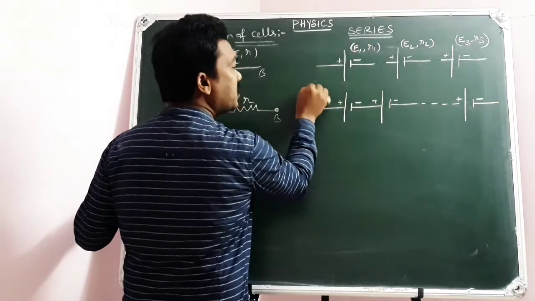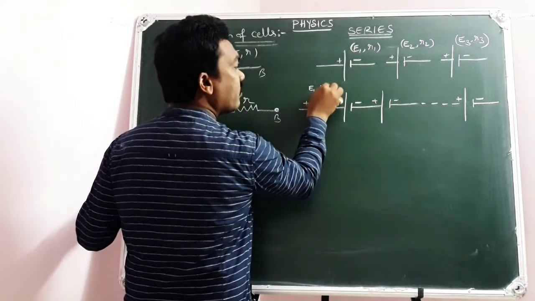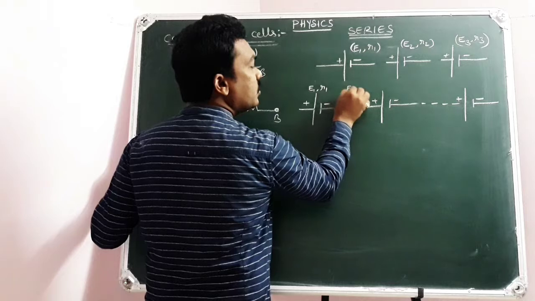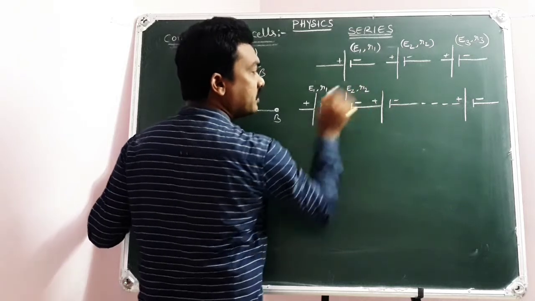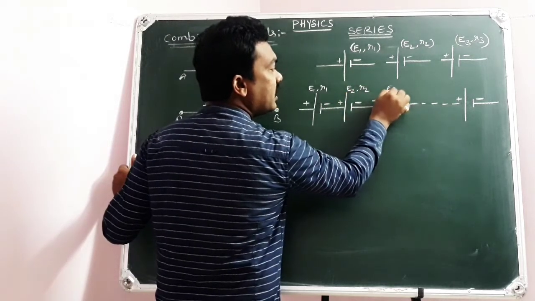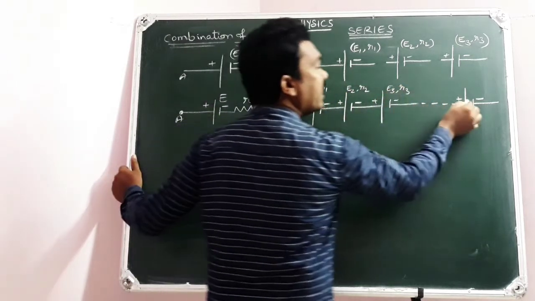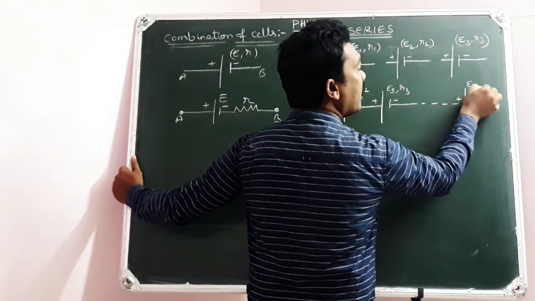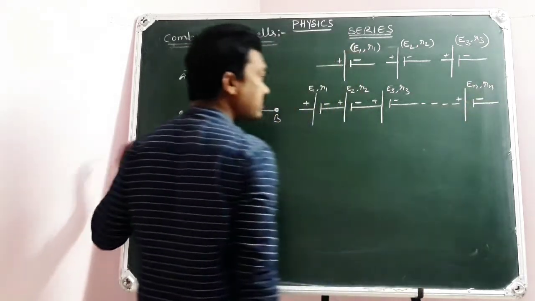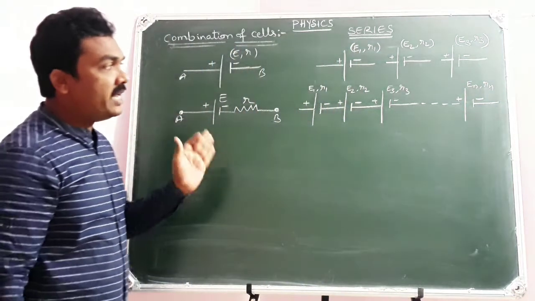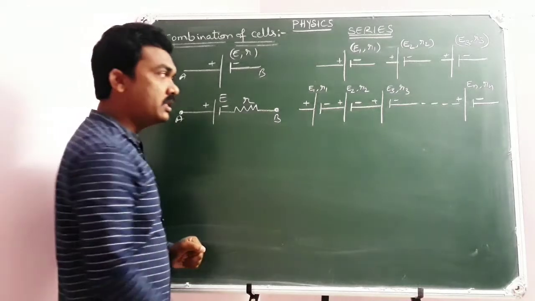So coming to the representation, here it is E1 comma r1, here it is E2 comma r2, hope it is visible to you. Here it is E3 comma r3, and here it is En comma rn. In that way, n number of cells are connected in series,